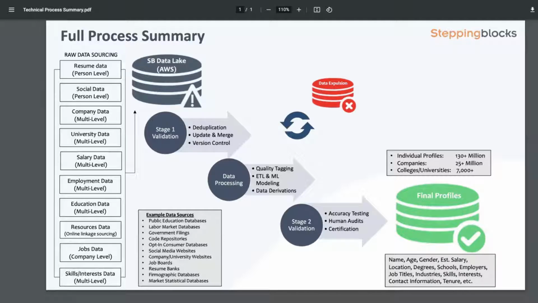We pull data from hundreds of sources, all of which is publicly available data. Folks often don't realize that any data that is posted at a public URL is available and can be utilized. We go through a pretty extensive process around validation and processing, using incredibly advanced technology like machine learning and modeling to explore that data and ultimately develop individual profiles of about 130 million US adults across the country. Those profiles include a lot of information: name, age, estimated salary, locations, degree history, schools, employers, job